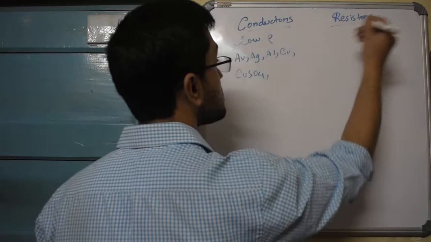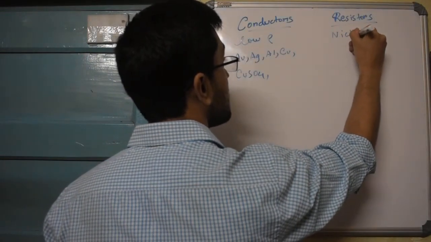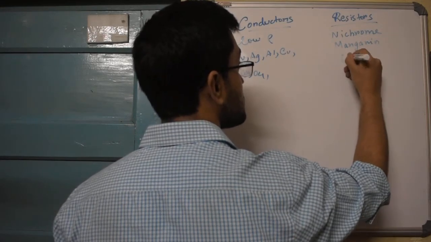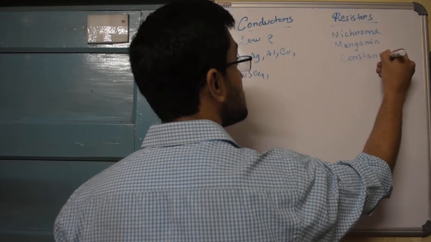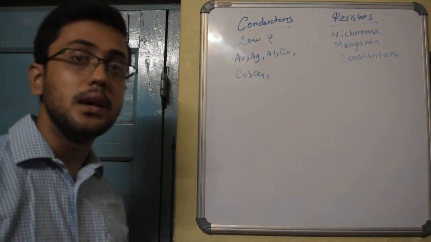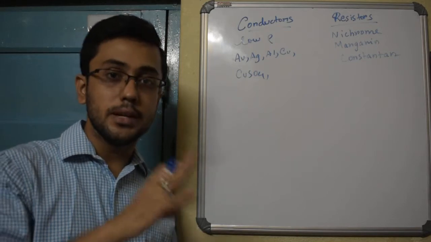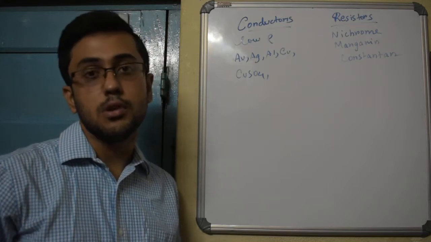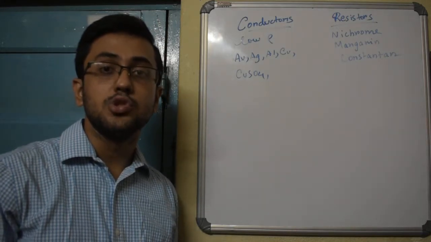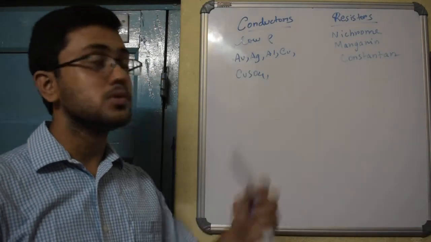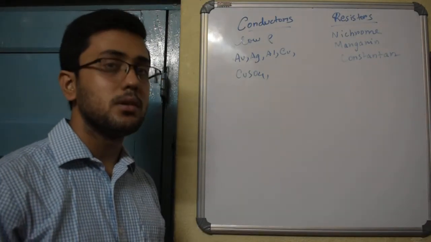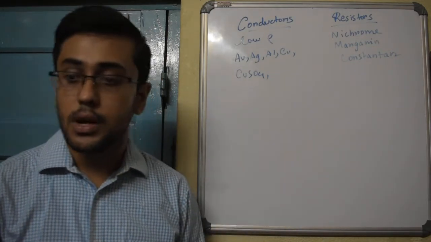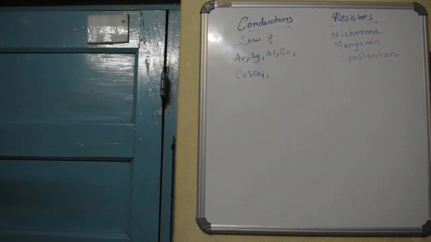For resistors, we choose the standard resistor materials like nichrome, manganin, constantan. These are examples of standard resistors. They heat up quite easily. They actually resist the flow of current. So when you want in your circuit some actual obstruction to be provided to the flow of current, so that things heat up like an electric heater, you use those resistors. But when you want minimum loss in the form of heat and maximum efficiency in the flow of current, you use this kind of materials as your conductors.